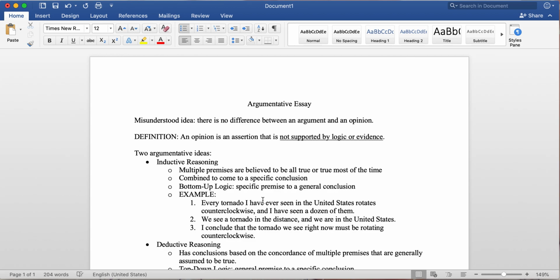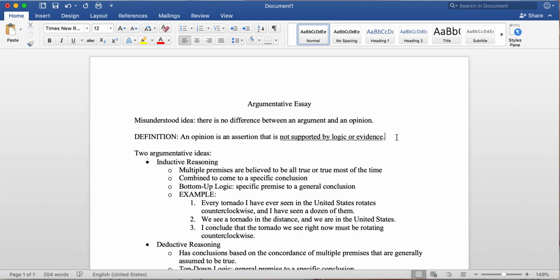At first glance, it may seem that argumentative essays are merely asking you to write your opinion, since there should be a present claim, which again is an opinion, supported by reasoning and evidence, which persuades your reader that the thesis your paper advances is a valid one. An opinion, and this is the definition you need to keep in mind, is an assertion that is not supported by logic or evidence. So here we're not talking about opinions, we're making an argumentative statement.